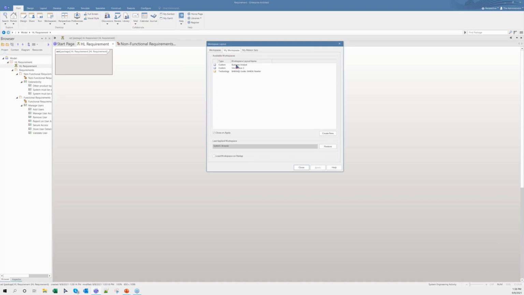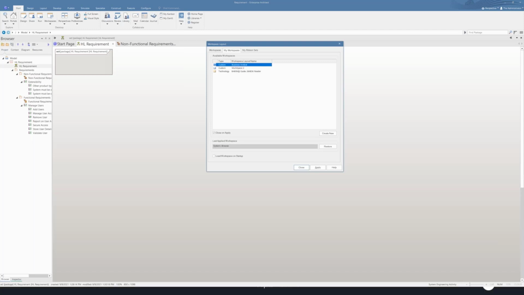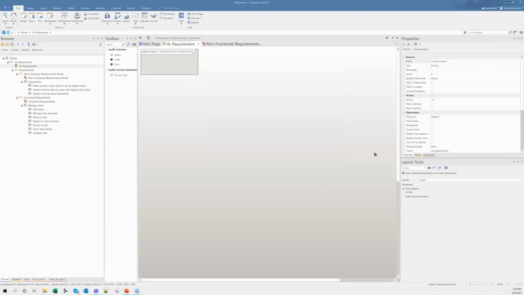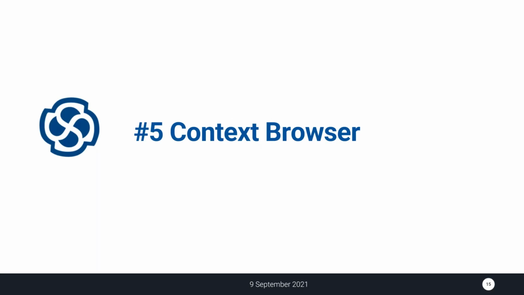This is the workspace we just saved, which is business analyst. If I double click on this, I'm getting my workspace back. This makes your workspace smoother, and you need not suffer with the clumsy workaround. So this is all about the workspace. And moving on, let's look at the context browser in EA.